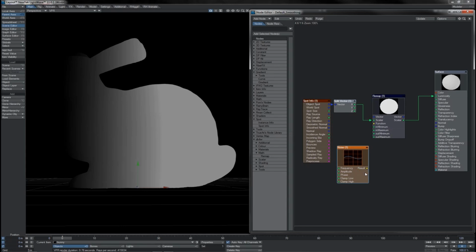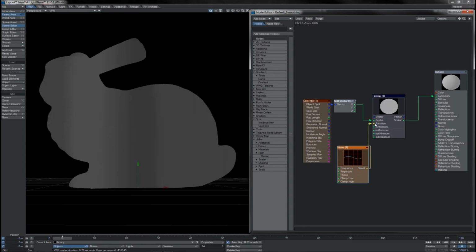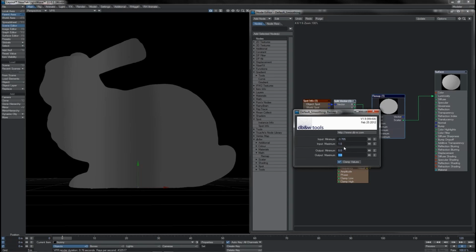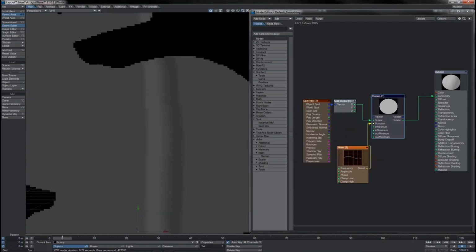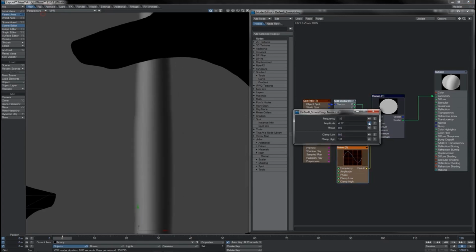A function is another kind of remapping, and we see if I plug it in, what it does is to further map these values here. Just to demonstrate quickly with this function, I'm going to leave it at 0, 1 and 0, 1. This is quite a big bunny, and this is the 0 to 1 meter range. By increasing the amp, we see more of a variation there, and we see what's happening is on this side,